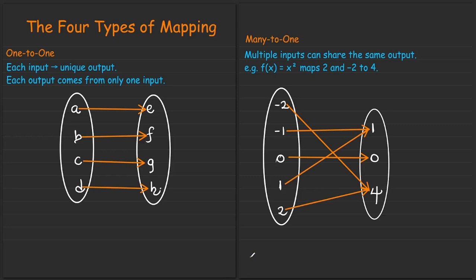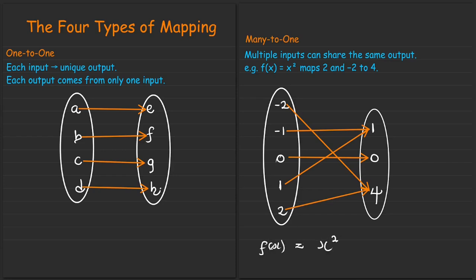The second type of mapping we'll be looking at is the many-to-one mapping. The many-to-one mapping simply says you have multiple inputs, that is from your domain, that can share the same output. If you look at a function such as f of x equals x squared,